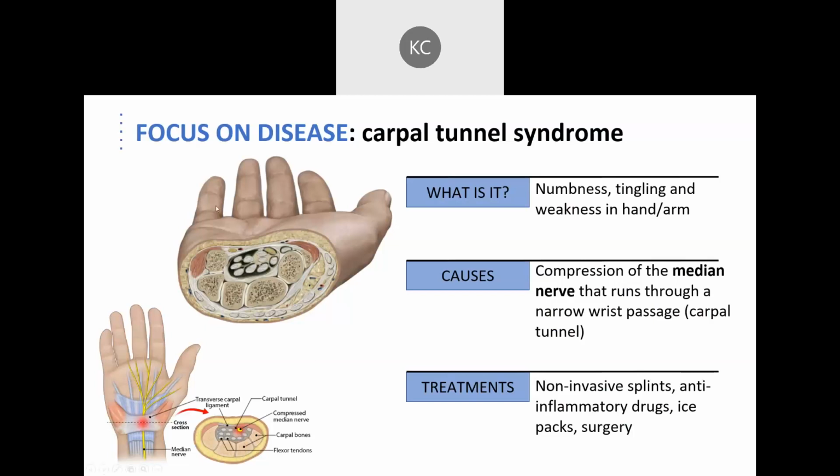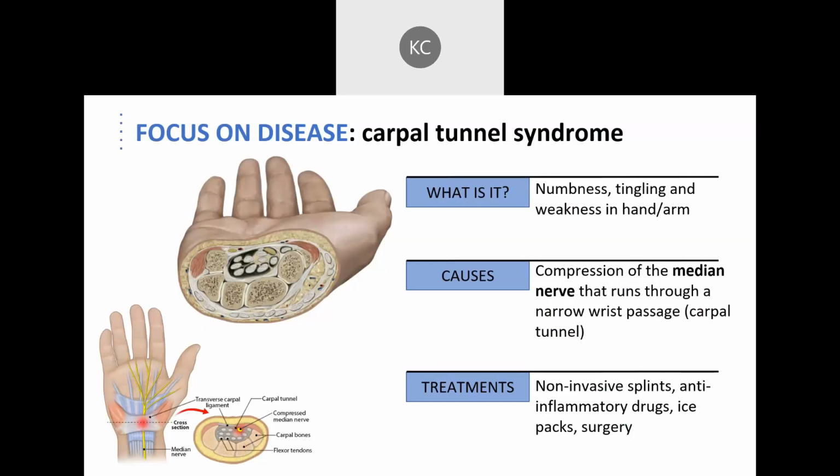Okay. So if you look at this section of the hand here, you can see a row of carpal bones here, this inferior row, and then just above it you have what is called the carpal tunnel, and in that tunnel you have different things. Okay, so we have 9 tendons and we have 1 nerve. All right, so you have 10 things. The main thing that results in the symptoms associated with carpal tunnel syndrome isn't necessarily the tendons, but more so the nerve. So the nerve here is called the median nerve, and compression of the median nerve, which is a branch of our brachial plexus that we'll get to in a later lecture,